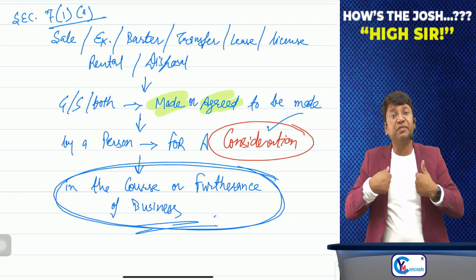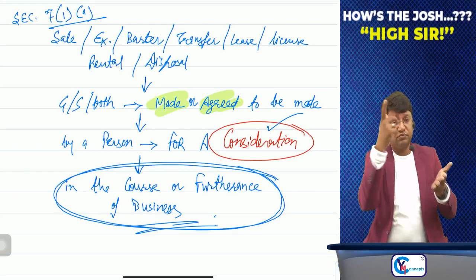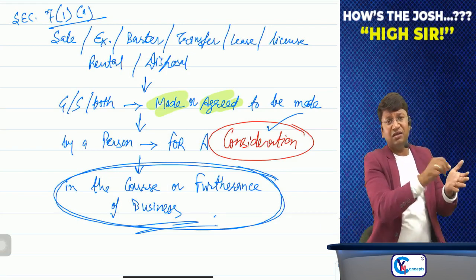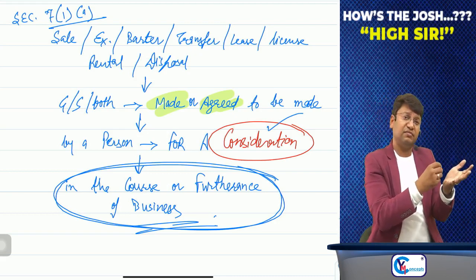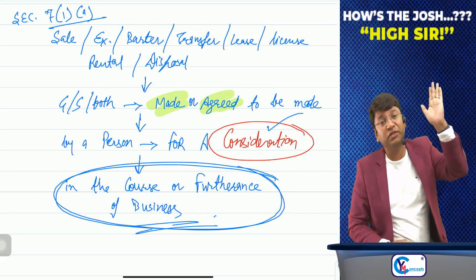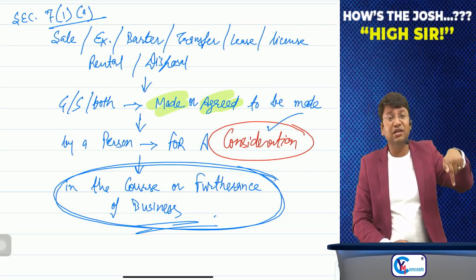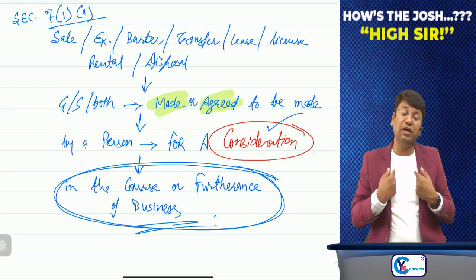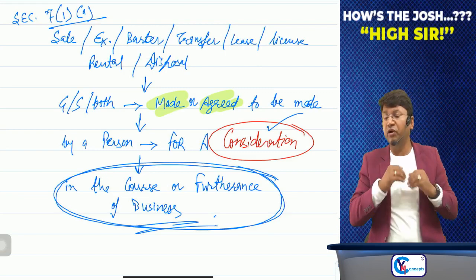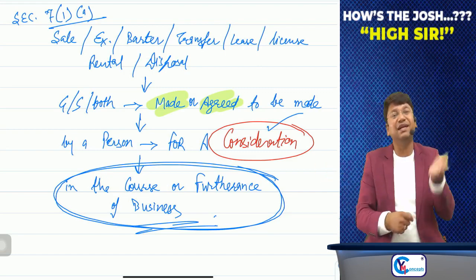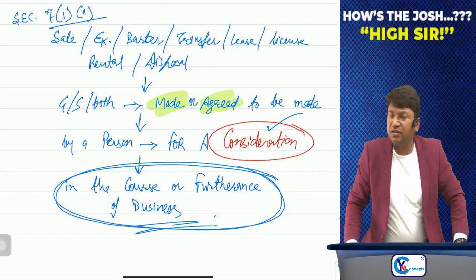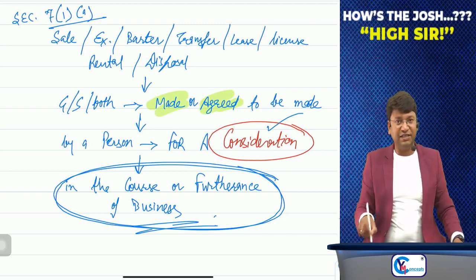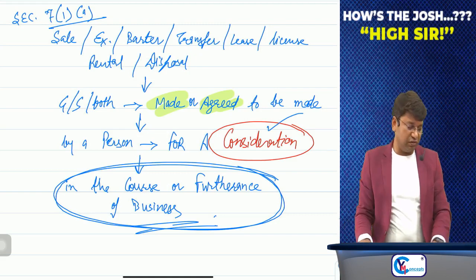But suppose I am a practicing chartered accountant, but my hobby is to paint, and after painting a painting, I have sold it for rupees 1 lakh. Although I am a practicing CA, since it is my hobby to paint and I am selling it for rupees 1 lakh, it is business. Although it is not frequently done, and it is not having any volume, you have painted a painting and then you have sold it. That's why it will be covered under the scope of the term business. And since you have sold it for a consideration in the course or furtherance of business, it is supply and GST will be levied. Sir, it is Section 7, subsection 1, clause A.